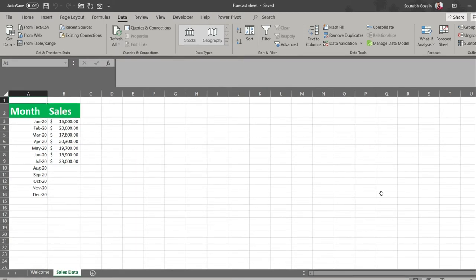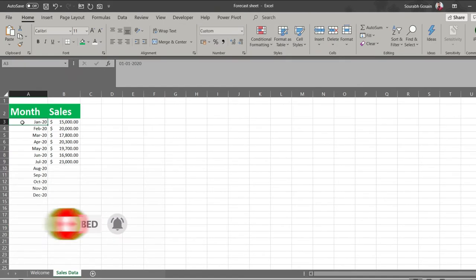As you can see, I have sales figures from Jan to July, and my aim here is to forecast what my sales figures look like from August till December 2020. And to make sure it works accurately, we need to take the same time intervals between two data points. Like in our example, we have data for each month consistently so that it can predict the numbers accurately.